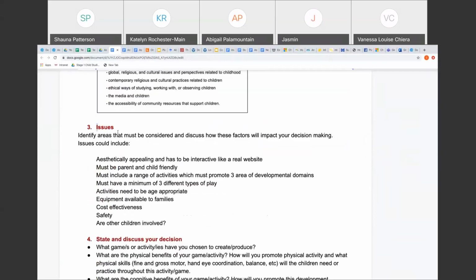Then you need to identify some issues. So these areas must be considered and discuss how these factors will impact on your decision making. You do not have to do